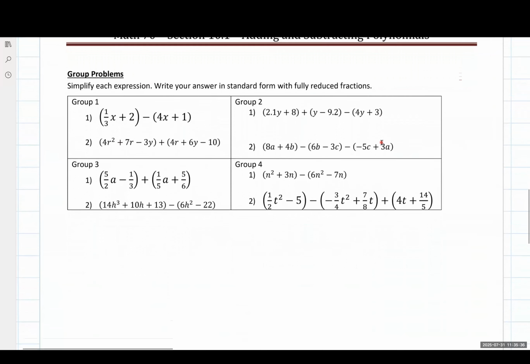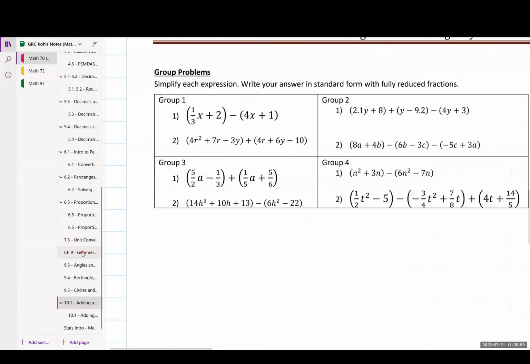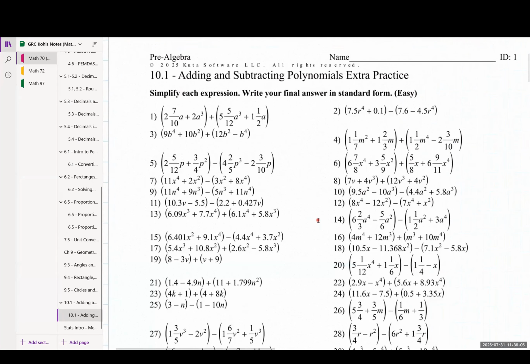And we've previously covered how to add or subtract fractions and integers together, and how to add or subtract decimals together. So all the processes for adding that we've covered previously are still going to show up with these types of problems. I did also add in, just today, since it wasn't there previously, an extra practice PDF for this material, and it's a big old mix of adding and subtracting things together.